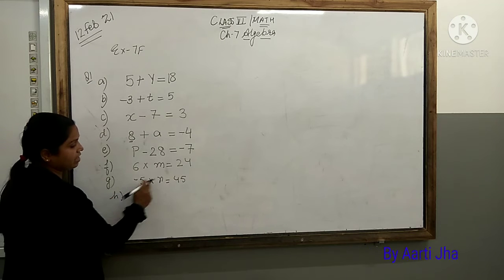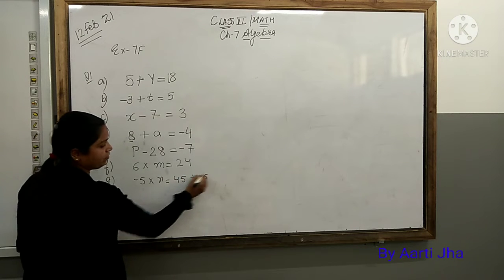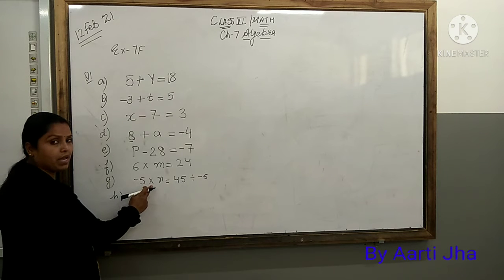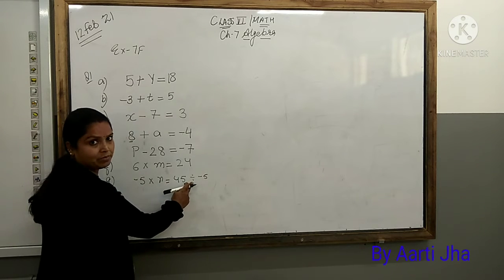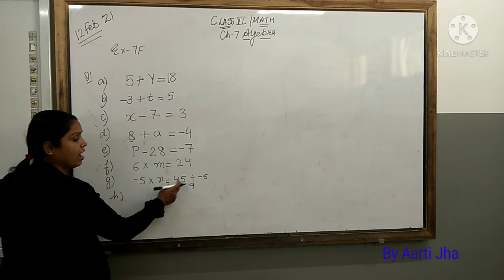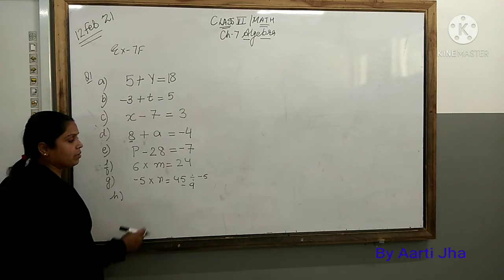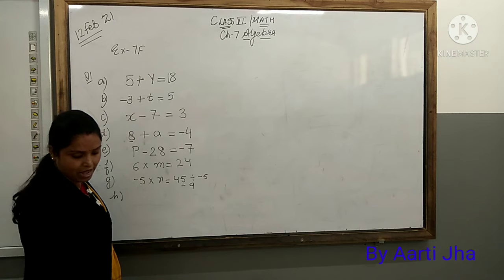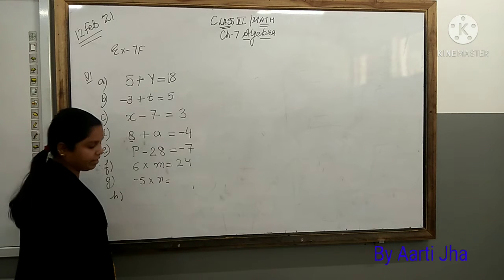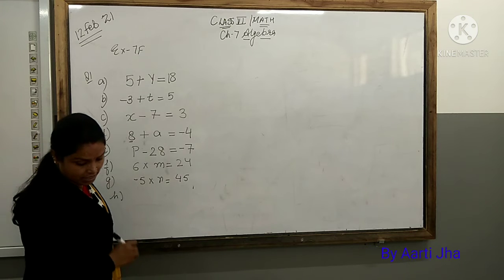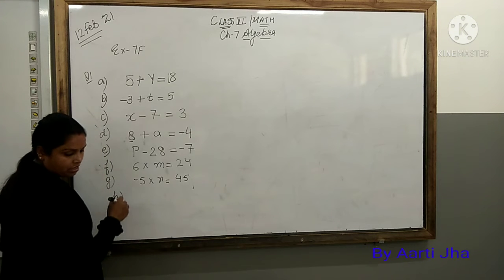Now this minus 5 comes here. Minus 5 divide. Don't change the sign of minus 5 here because you have a multiply. Multiply comes to this side, becomes divide. 45 divided by 5 is 9 and the answer will be minus because in division plus minus minus. So the answer will be negative 9. Okay. Remember we have done integers. So the same integers rule I am following here.